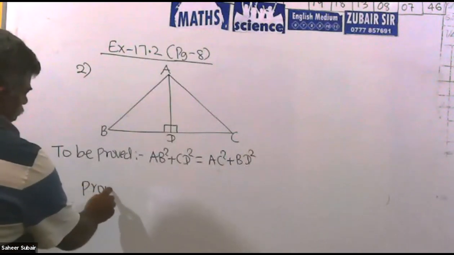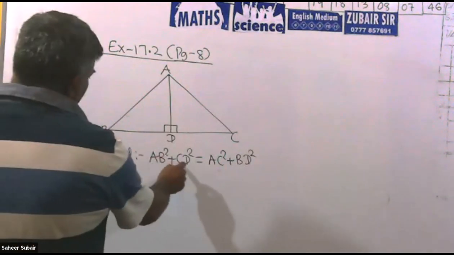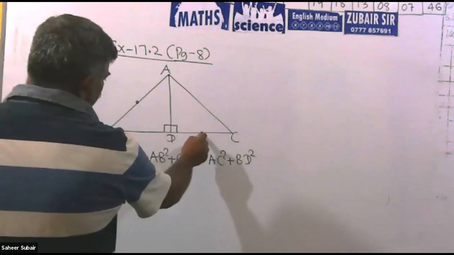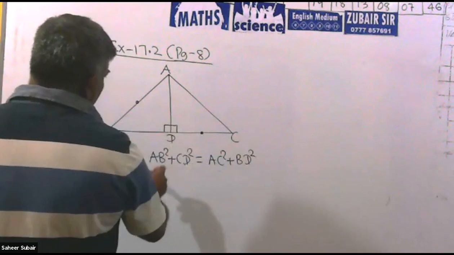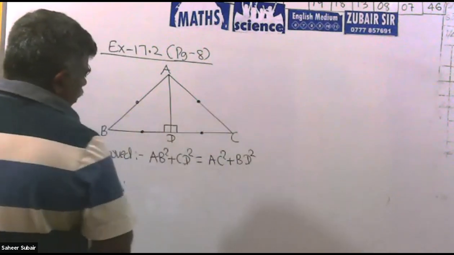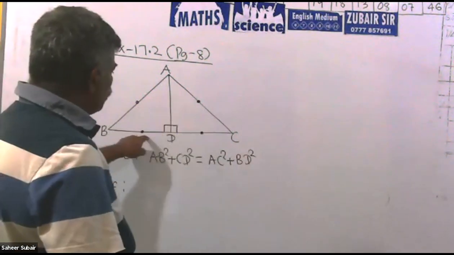Right? Then first we will mark the sides. AB, CD. AB is this side, CD is this side. Addition of these two equal to AC plus BD. AC is this side, BD is this side. Same like the earlier example, 1, 2, 3, 4 sides are connected.